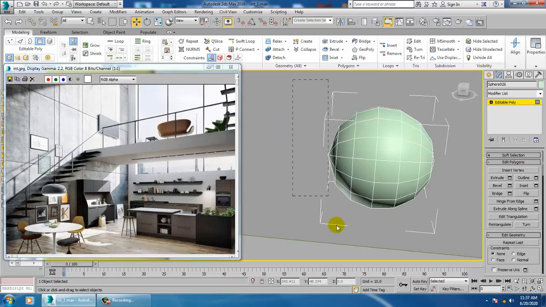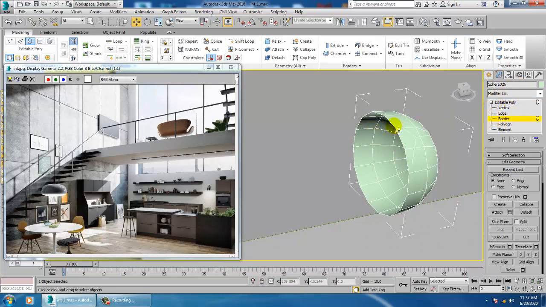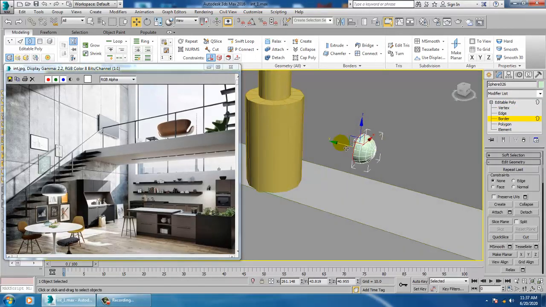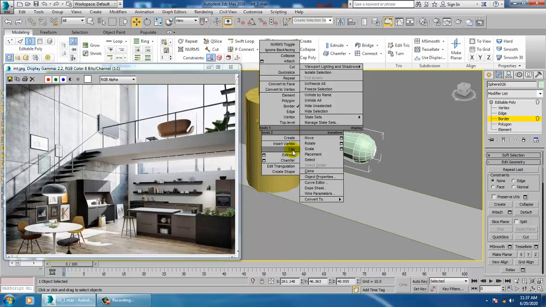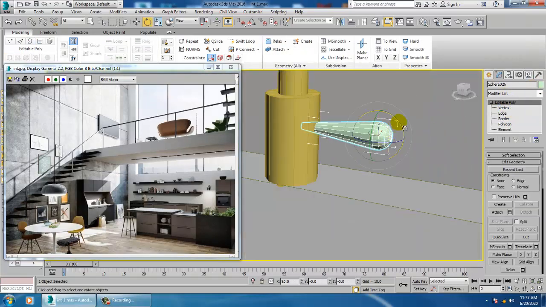Let's go into the polygon and delete the faces over here. Select the border and shift and drag to extrude it. Scale it. Right click and cap those faces, and you can rotate it.